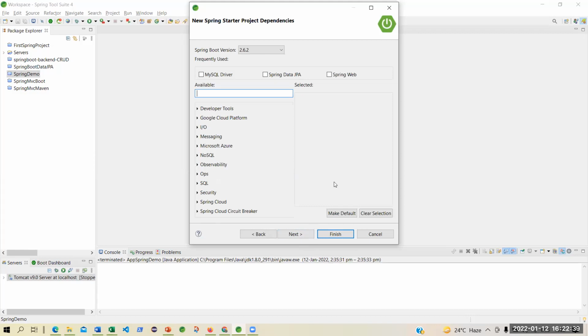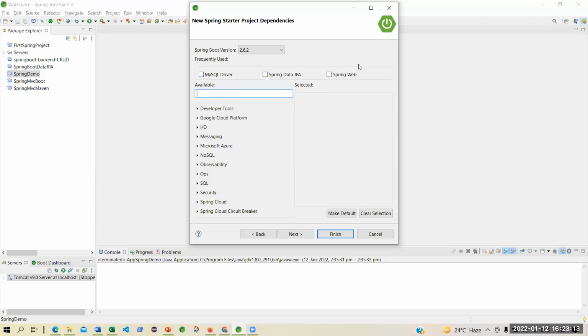For the time being, you are not using any SQL driver because I'm just simply giving you a test of Spring Boot. As we progress, we will see that these are the various dependencies. As I said, with Spring Boot, it's like going to a restaurant to have food: you just take a menu.